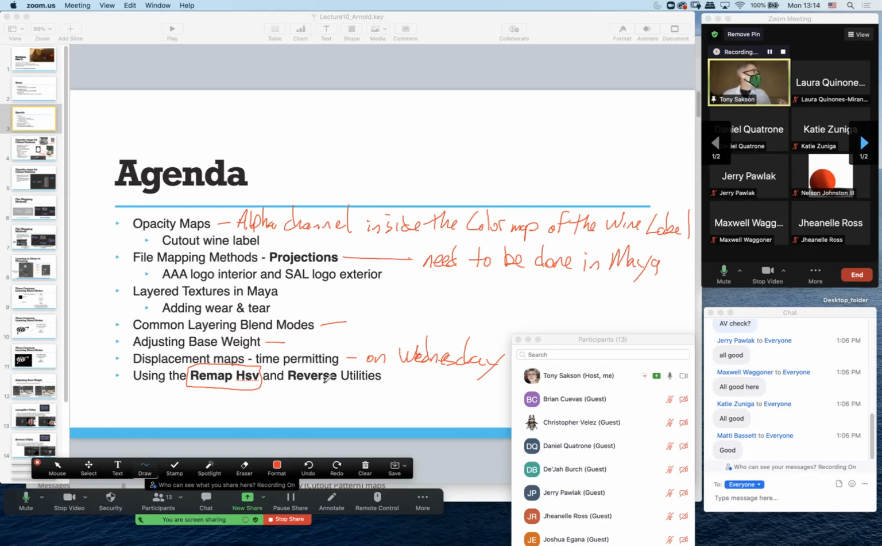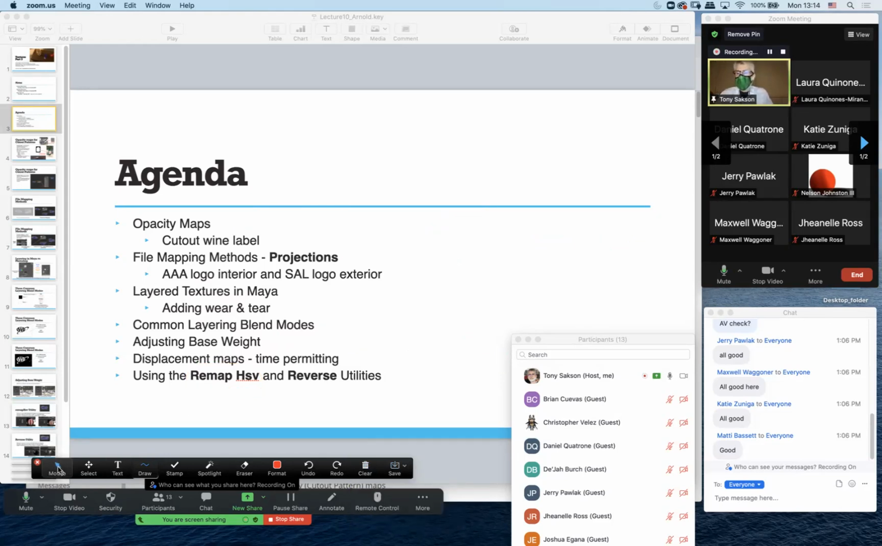Now, it also works if you're trying to use a single map and you plug it in for, say, the spec. So black is no reflectivity, white is full reflectivity. And then you want to try and use that same map for another area, like maybe roughness, but it's giving you the reverse of what you want. So it's easier if you plug in the reverse utility. You may need it, you may not, but it's good to know it is there